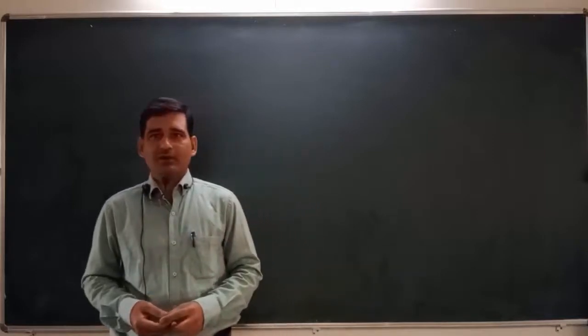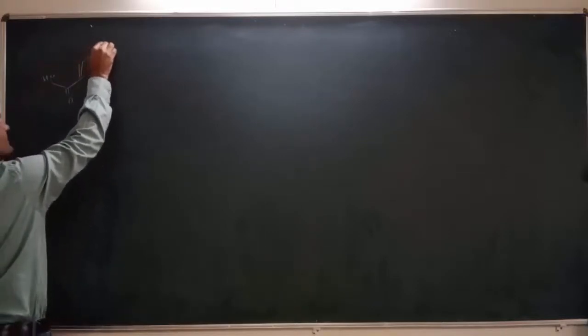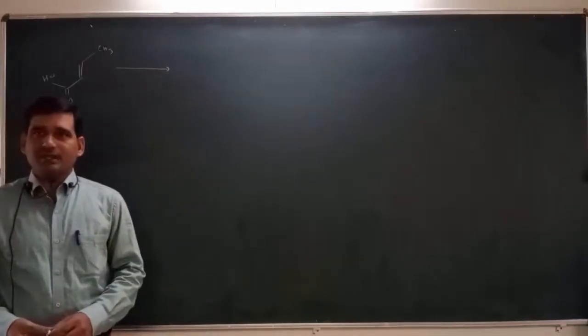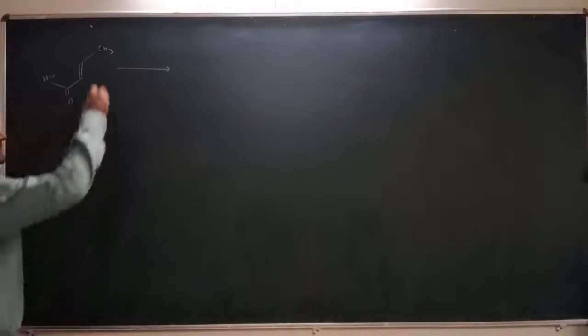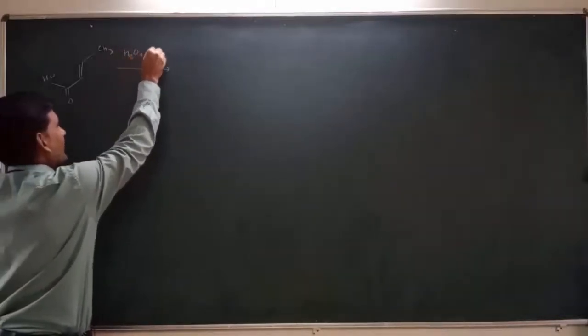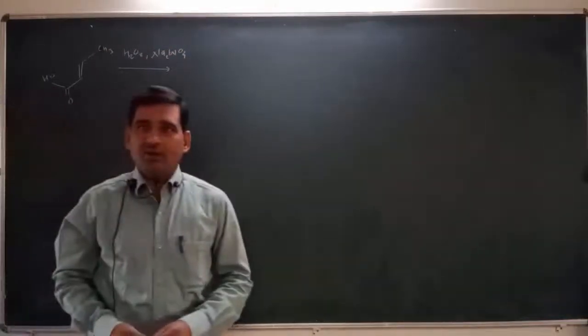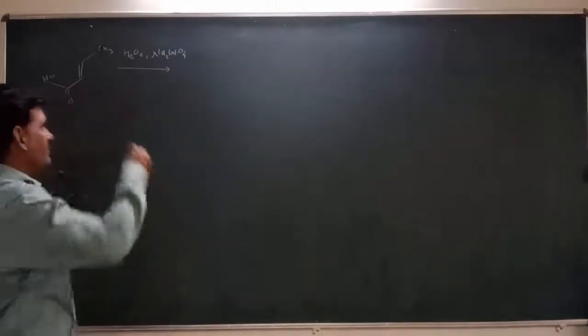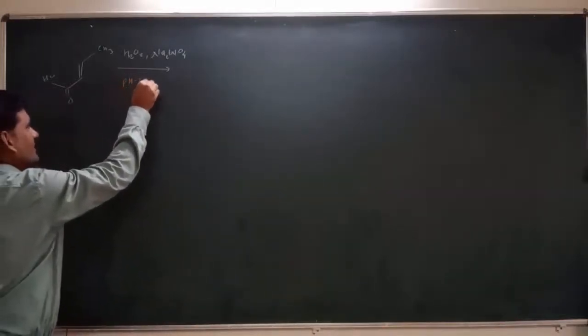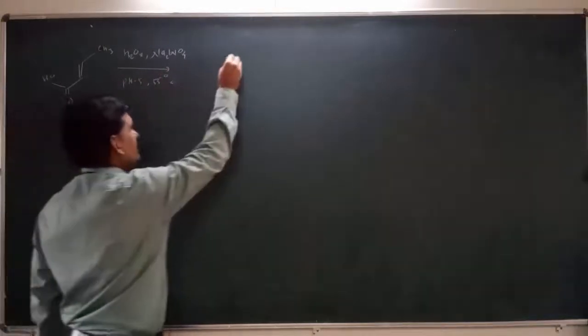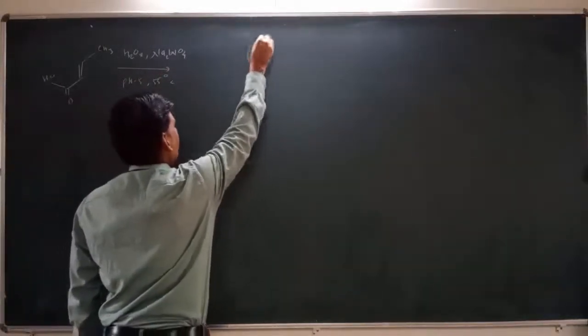So this intermediate 12 can be started with crotonic acid, and we know the structure of this crotonic acid. So this is the structure of crotonic acid, and then the crotonic acid is treated for epoxidation. The epoxidation can be done with H2O2 and Na2WO4, right. So here we are doing the epoxidation at pH 5 and 55 degrees Celsius. Then it gives the epoxidation at the carbon-carbon double bond.